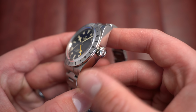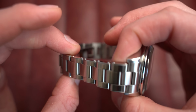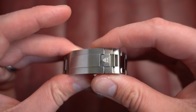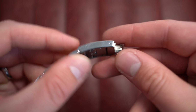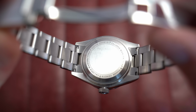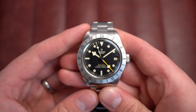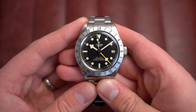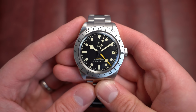Big signed screw down crown with no crown guards, I'm a big fan of that as well. And you've got the faux rivet bracelet with the folding clasp, and this is actually the T-fit clasp. So very nice and comfortable. You can adjust it as you wish. Signed screw down case back as well. So this is a reference 79470, and inside this is the automatic Tudor caliber MT5652, and this one's from December 2022 with its box and